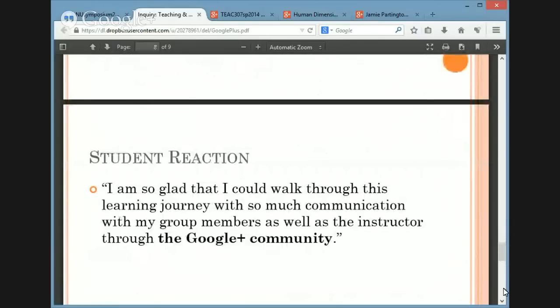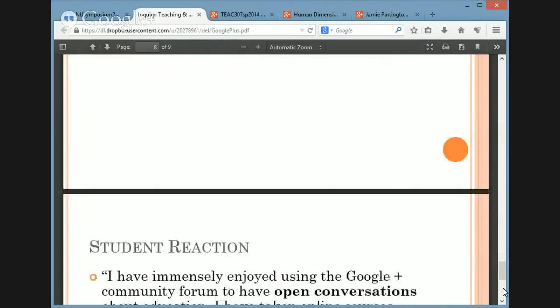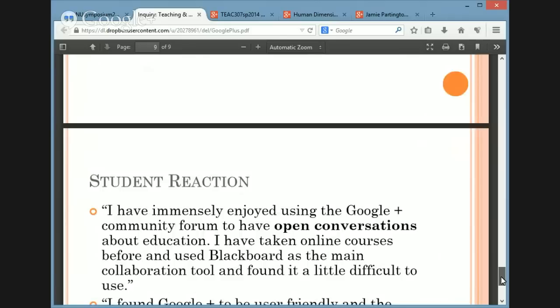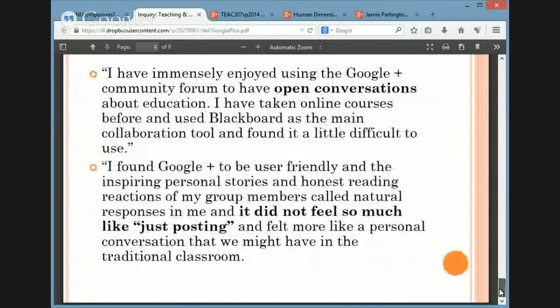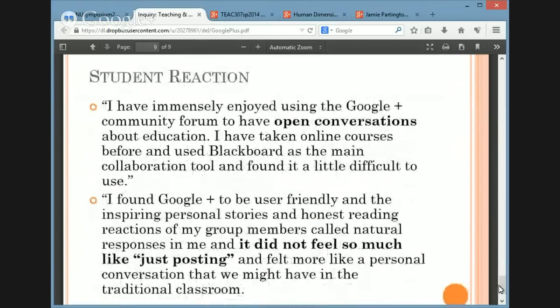And all these documents were shared on the Google Plus Learning community, but then also uploaded to Blackboard for migrating using the rubric and saved as PDF documents. So what you see in this process, my students were learning about literacies of Google Plus, the use of Google Docs for sharing, collaboration, the use of Google Plus Hangouts, which I use for having class meetings with my group,